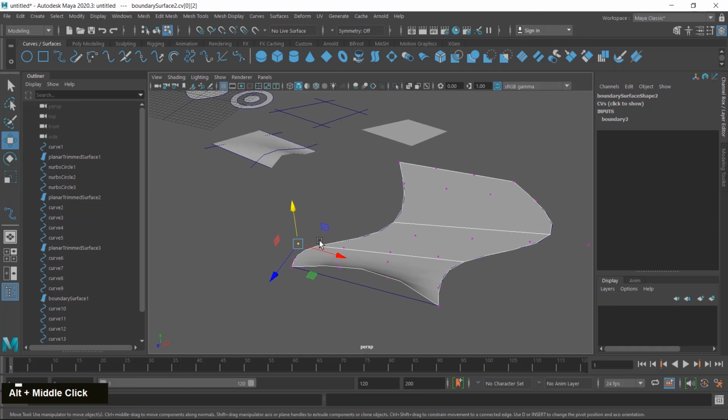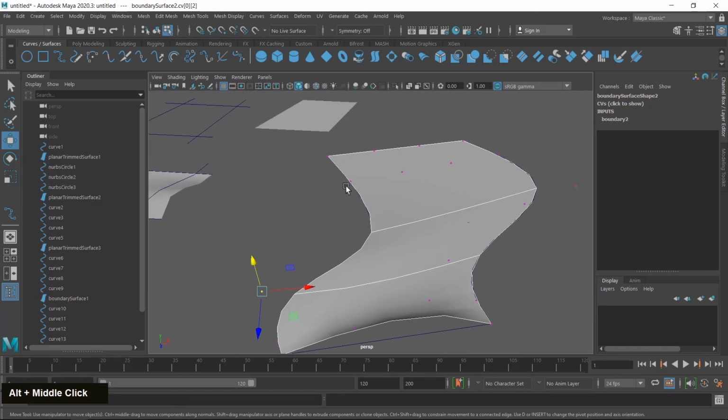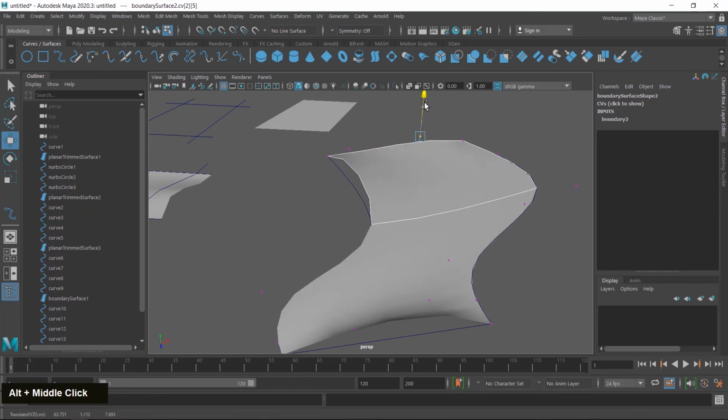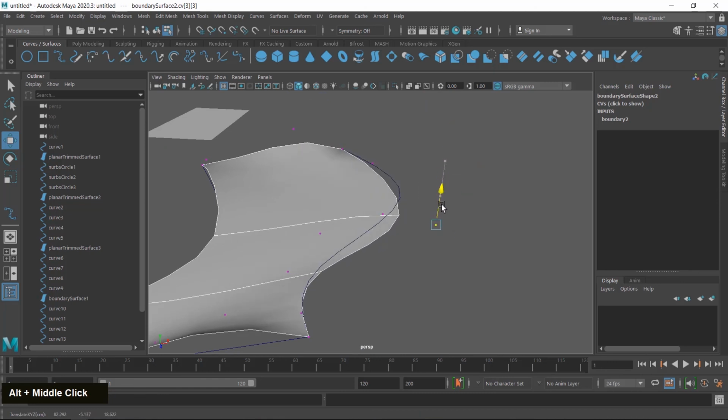So it's the main difference between planar tool and boundary tool. And boundary tool is more freeform. You can modify shape in any direction.